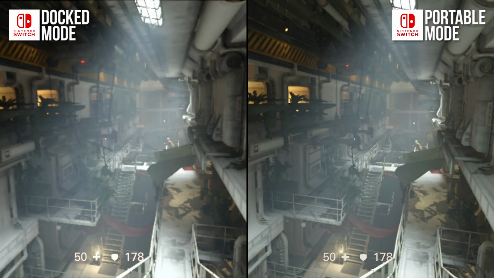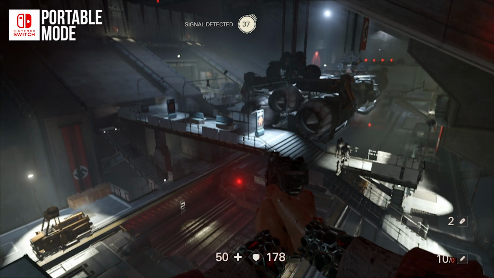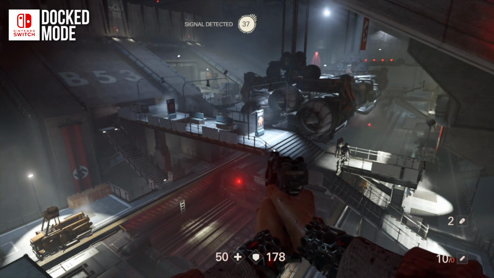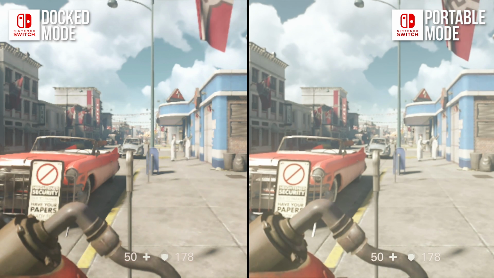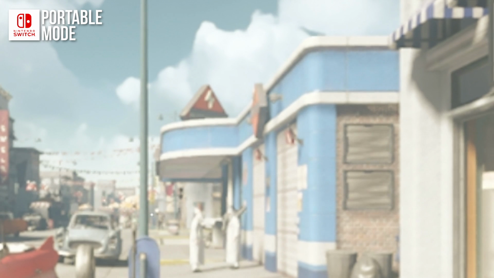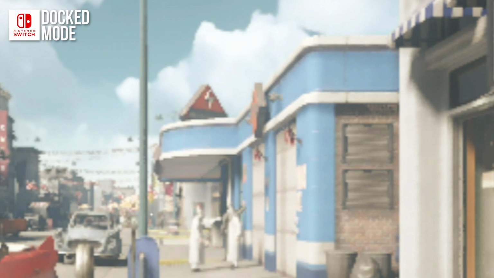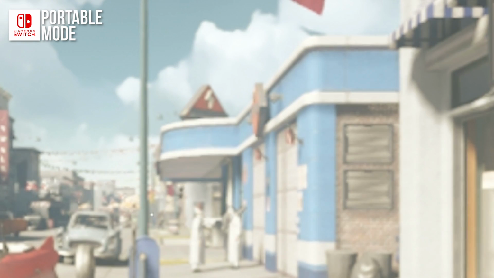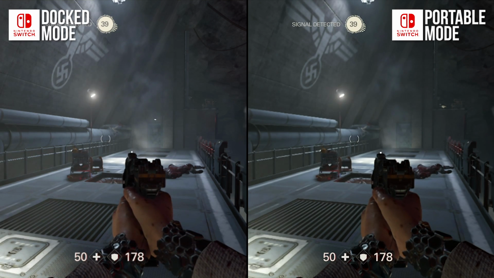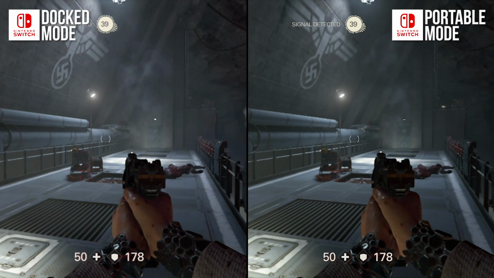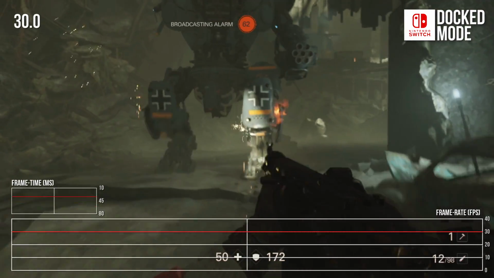But the situation is a little crazier than I expected. While the docked mode resolution is higher on average, and features additional ambient occlusion by the way, I noticed a few scenes where image quality was superior in portable mode. The resolution is similar of course, but the docked image quality is more aliased. Unlike Doom however, the lowest resolution, which is 360p, can appear in both portable and docked modes. This suggests that the portable mode has less available headroom compared to Doom, and that is supported by our frame